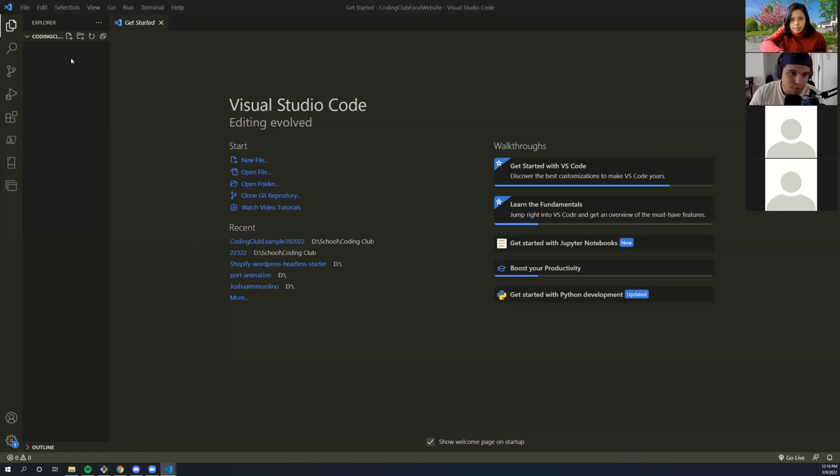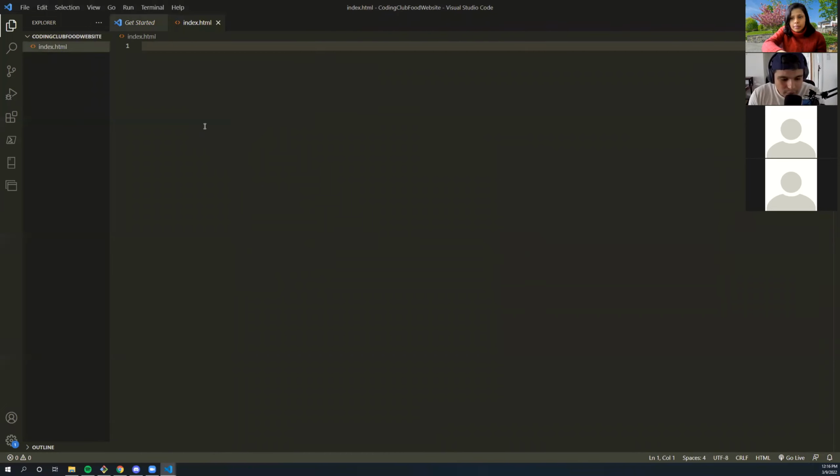All right. So like before, all I do to create a new file, I come up here to the top left, and there are 4 buttons here. One to refresh. I'm not really sure. There's collapse, I suppose. One to create a new folder, and one to create a new file. So I create the new file, and I call it index.html. The reason we call it index.html, it usually signifies the root of our HTML project.